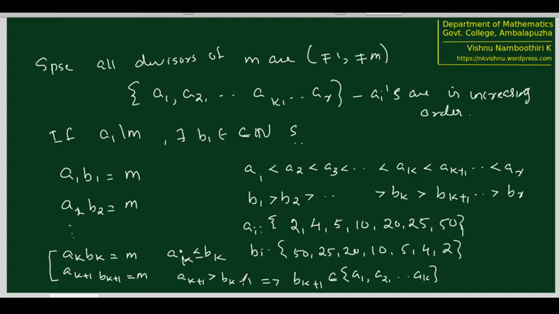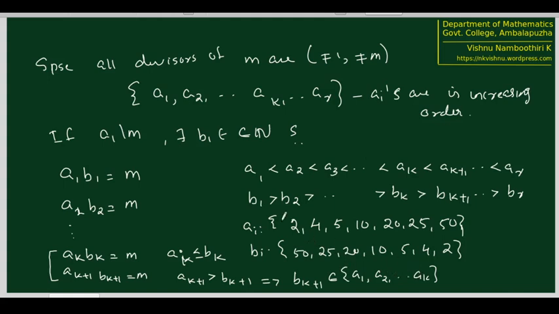We have taken all factors in the increasing order of magnitude: a1, a2, a3, etc. up to ak. We have considered all factors from 2 up to ak, and we are getting another factor bk plus 1 that is not equal to ak plus 1. That is less than ak plus 1. Therefore, it must be one of the factors that came previously.